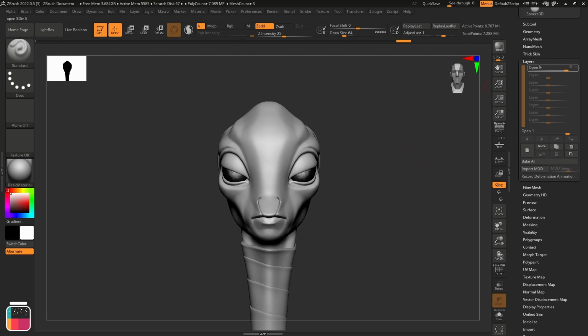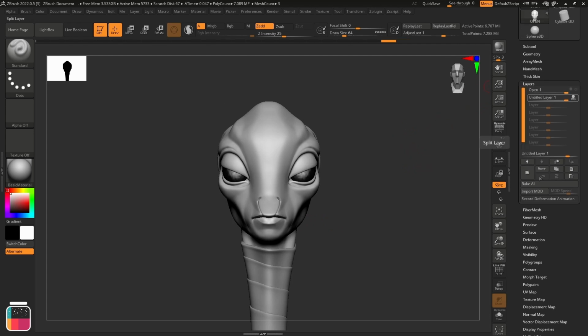Repeat this process for closed eyes. Create a new layer.